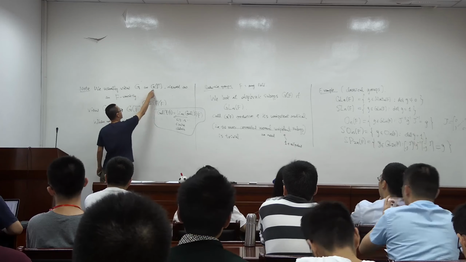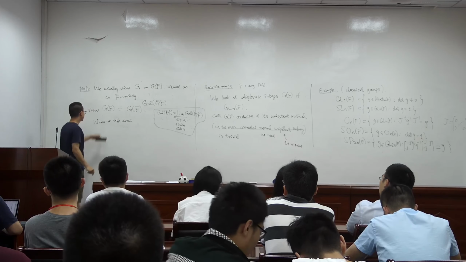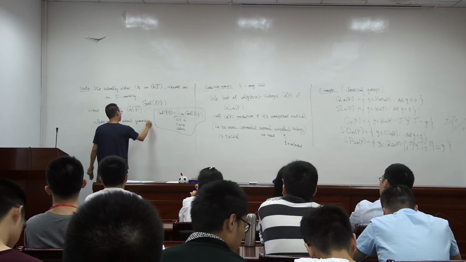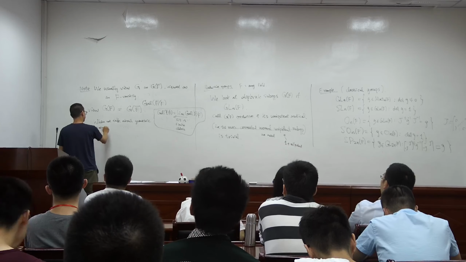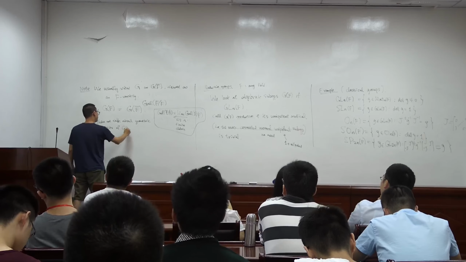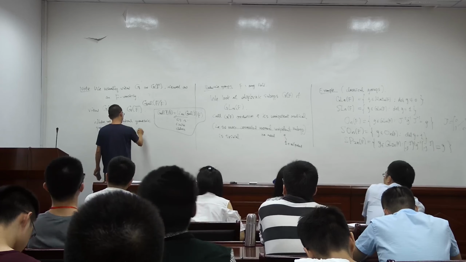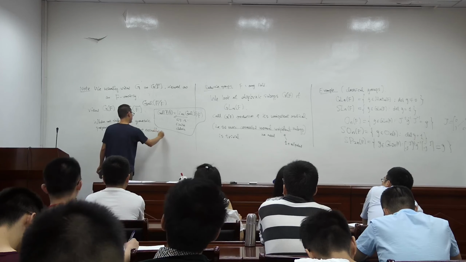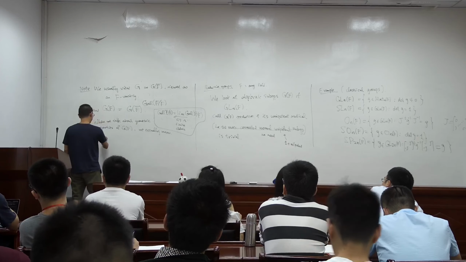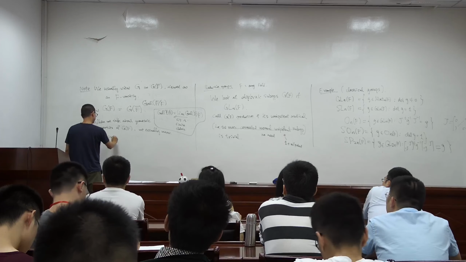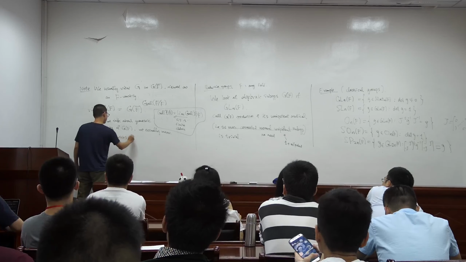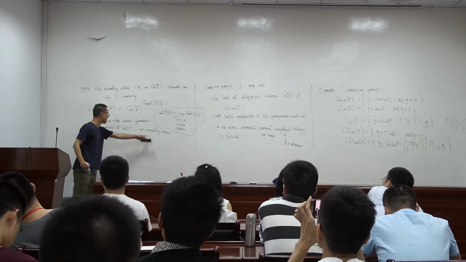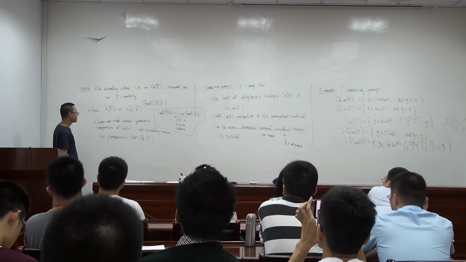So G means the group with entries in F bar. So whenever we talk about some geometric properties of GF, it actually means we mean the corresponding properties for the group over the algebraic closure. For example,